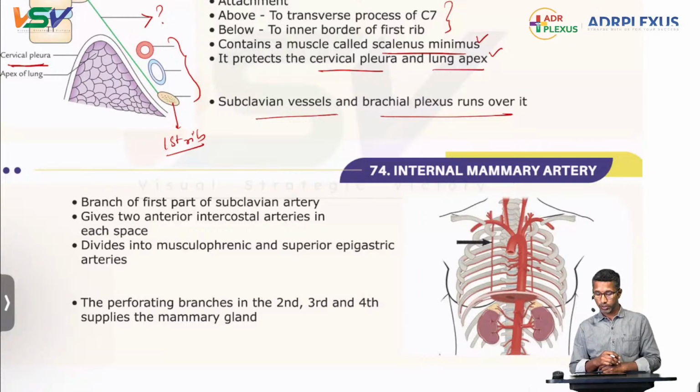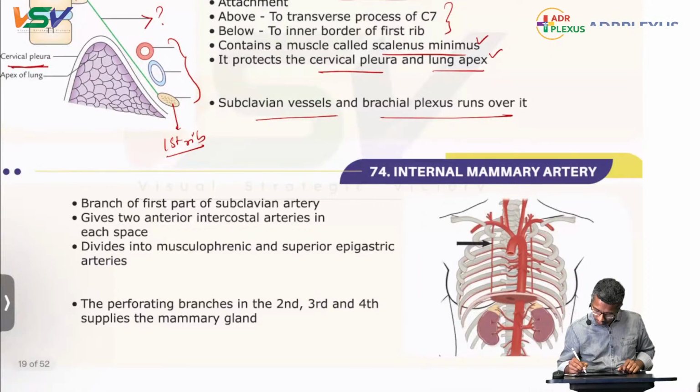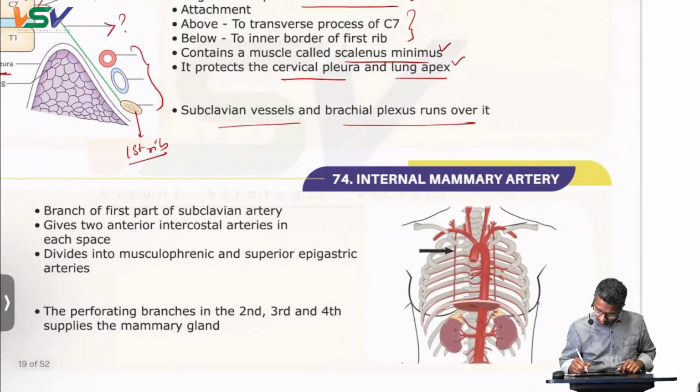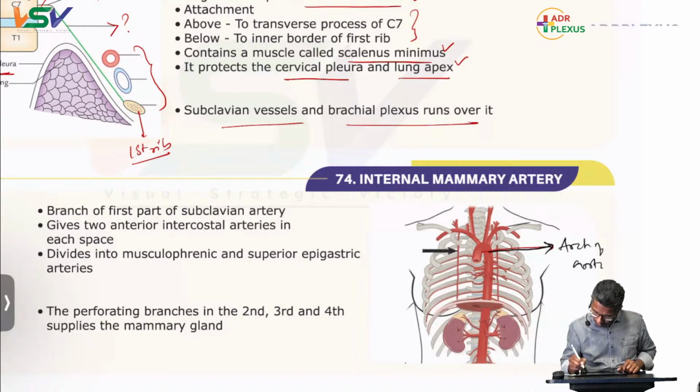vessel represents. If you see this vessel closely, this vessel arises from the subclavian artery. Okay, so what you see here is the arch of the aorta. This is the arch of the aorta. Yes, no doubt in it. What you see here is the brachiocephalic trunk,